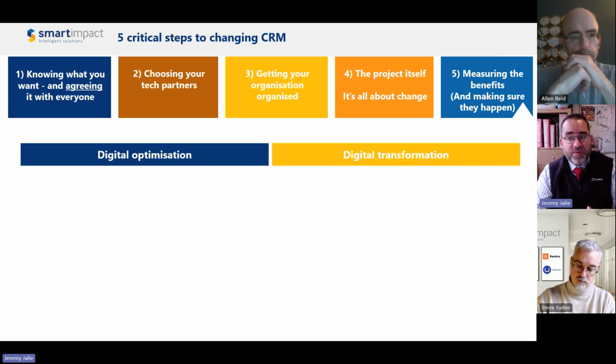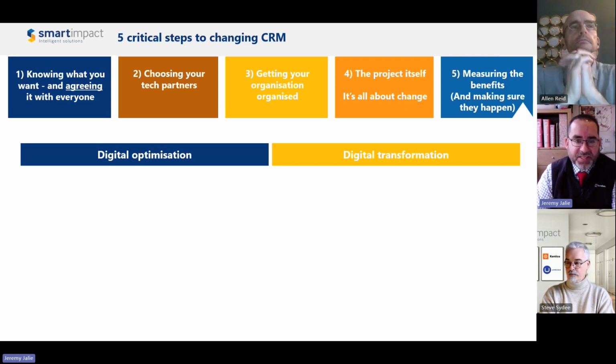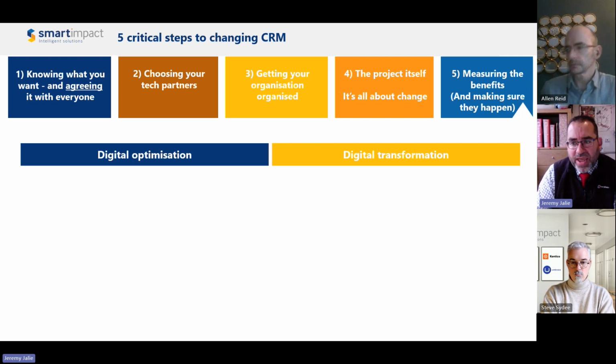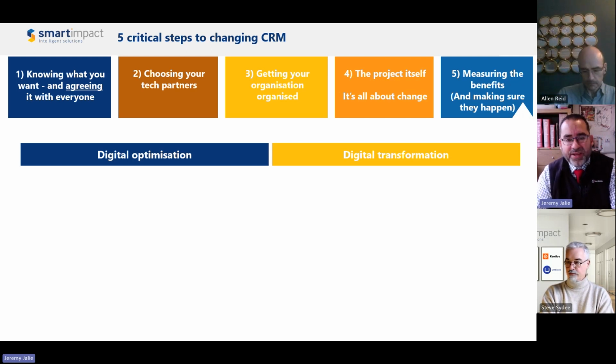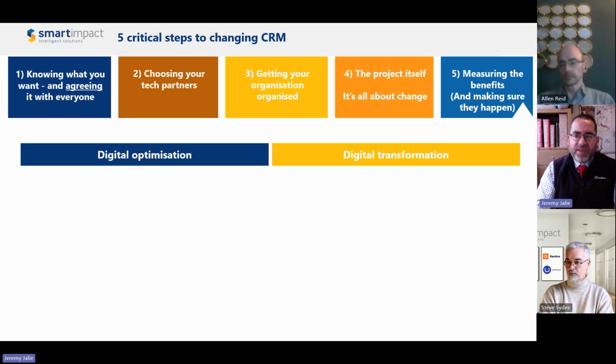i.e. it's looking to improve its existing business processes or how it interacts with its existing stakeholders, or it's trying to transform how it operates or how an aspect of it operates. So to launch a new service, new benefits or new offerings that it was not able to do in the past. Bit of a hobby horse of mine, but